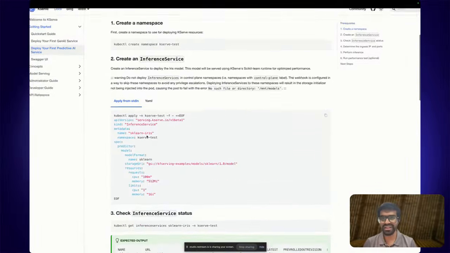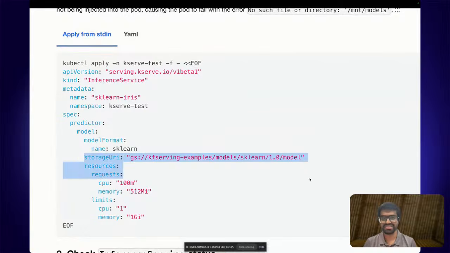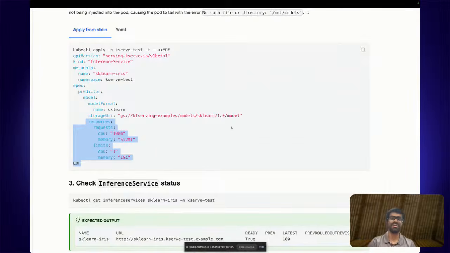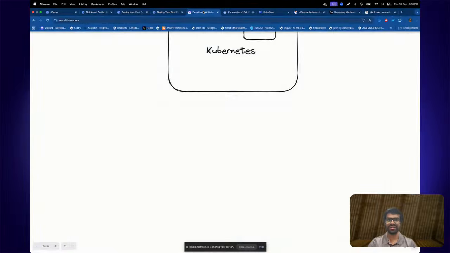So if we look a bit carefully here, you can see that we are using the sklearn model. If you're not already aware, sklearn provides a bunch of pre-built models or even pre-trained models, and we are just simply going ahead and providing the number of resources, the amount of RAM or the memory that you need in order to set this up. So looks fairly straightforward, and we can go ahead and run this. So let's go back.